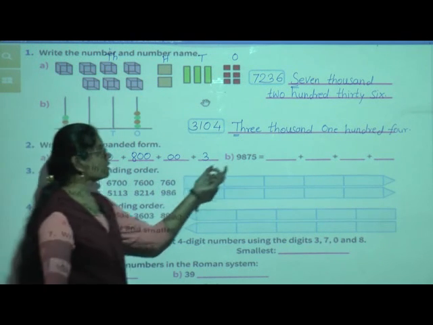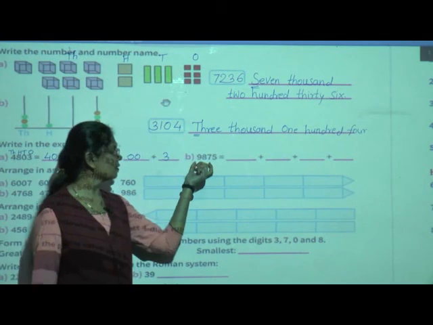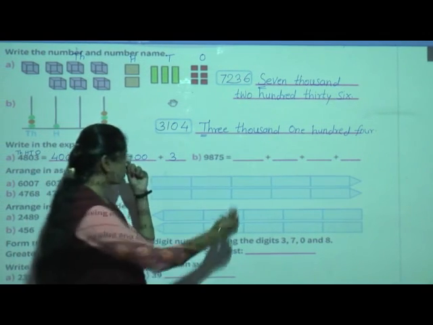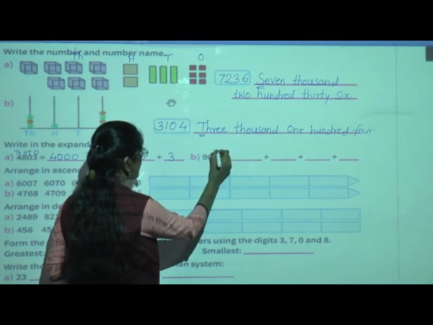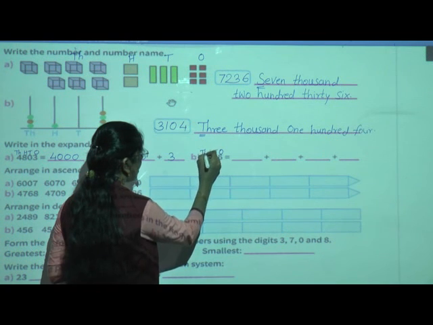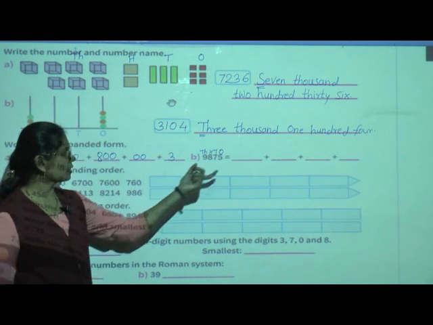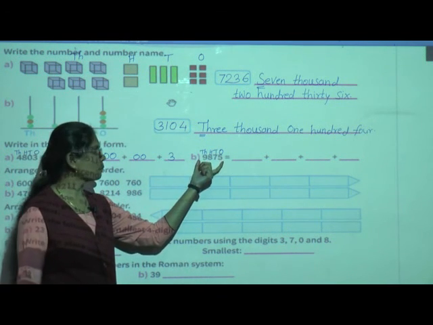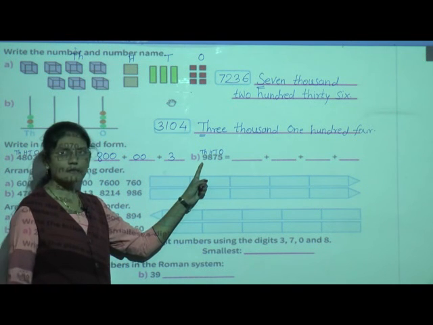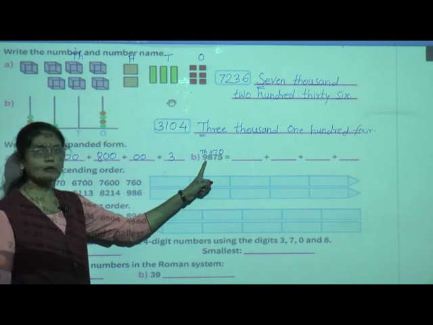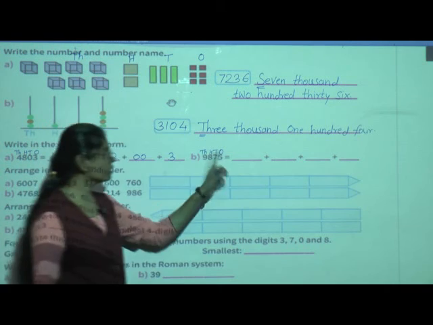Now here they have given one more example. We will solve this also. Put ones, tens, hundreds and thousands. This letter we will put on the top of the number. Now at thousands place 9 is there. So what will be the place value of 9? 9000